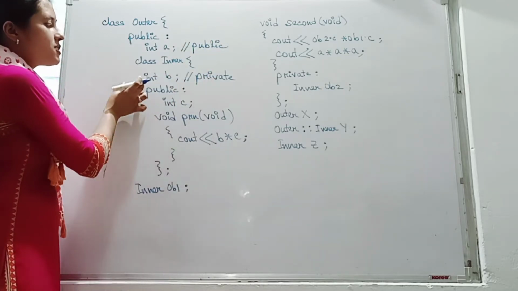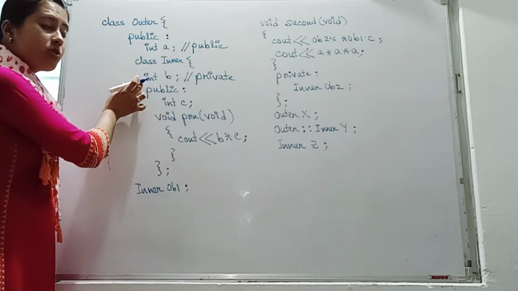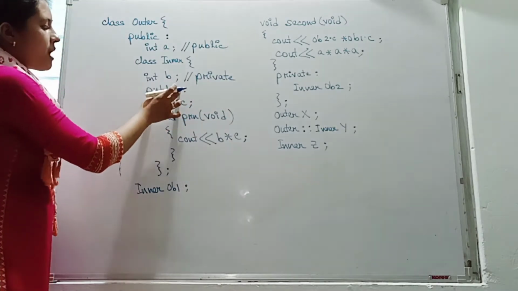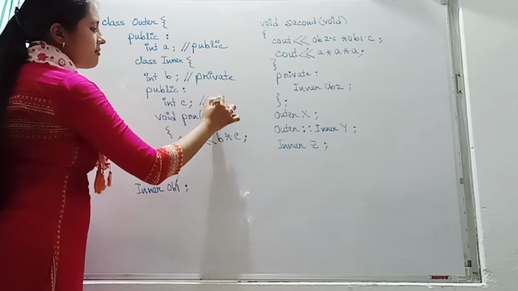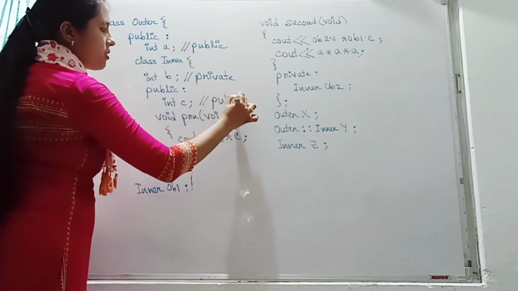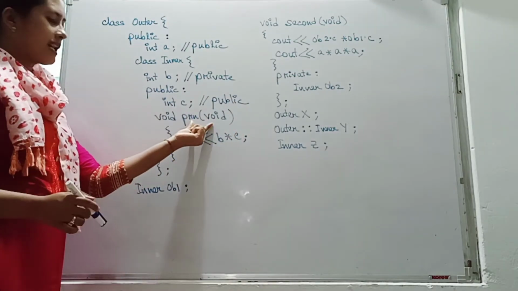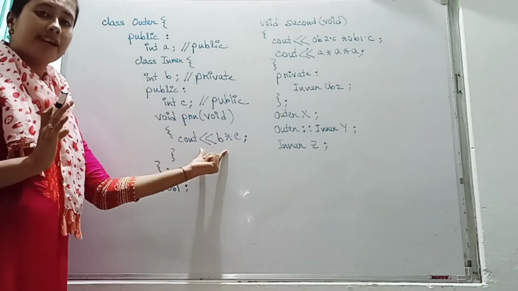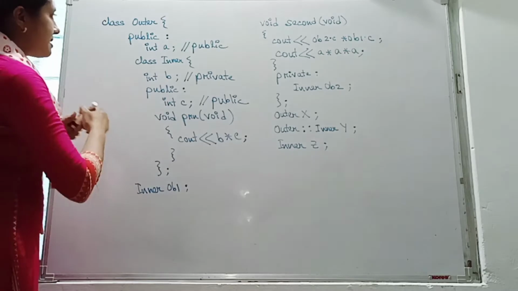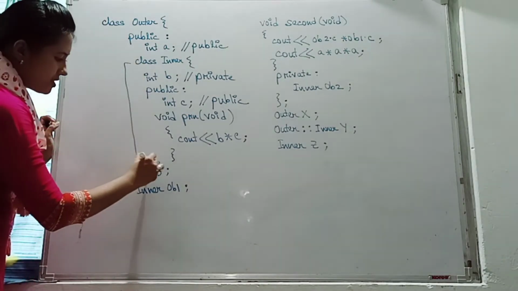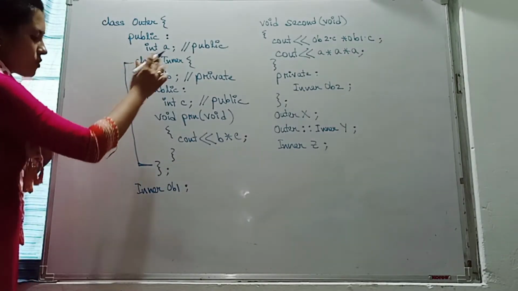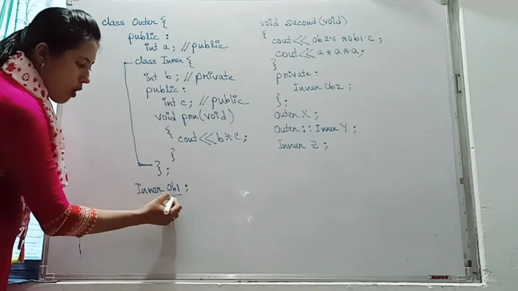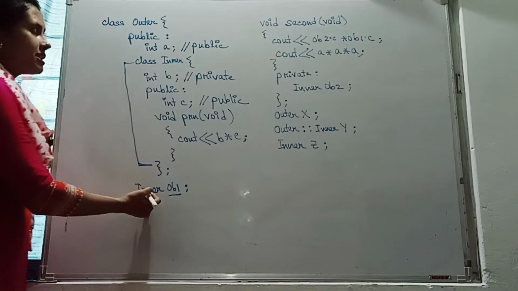Now before this one we have not assigned any visibility mode. So this has become what? This has become the private member. Now inside the public we have assigned C. So this is public. Okay. And inside this one we have declared this function PRN. And this PRN is defining something. Now this is the inner class definition here. This is the scope of the inner class. My inner class is over here. Now this is the object of inner that we have declared.